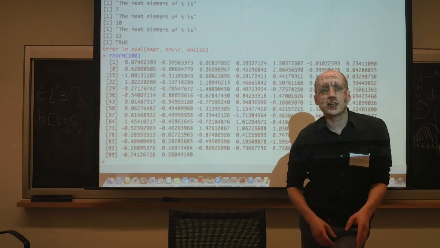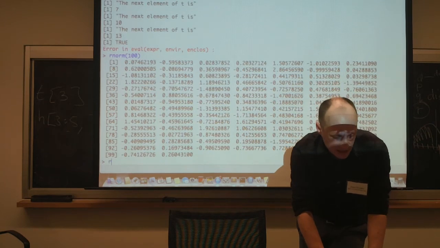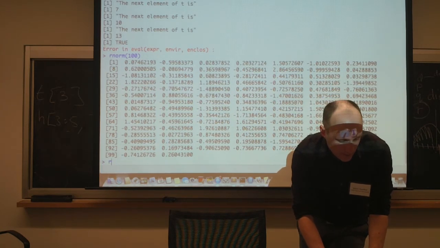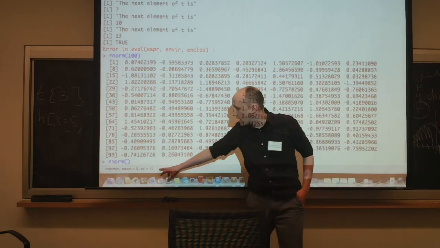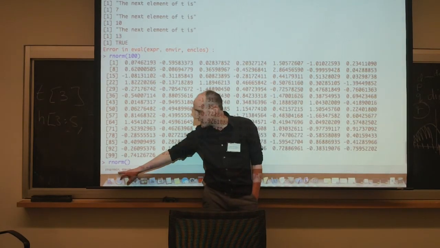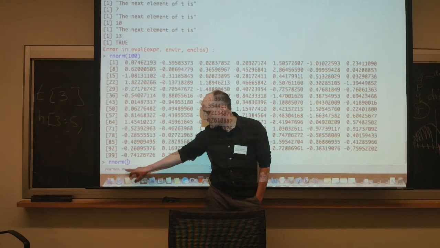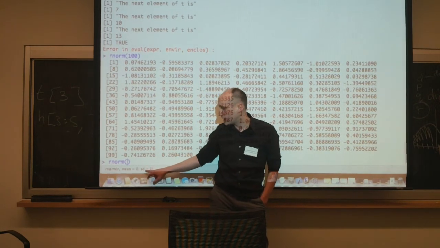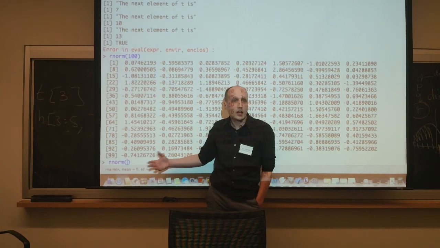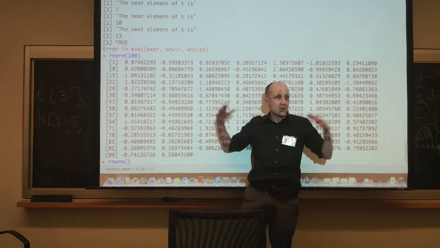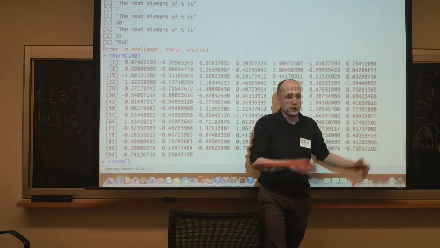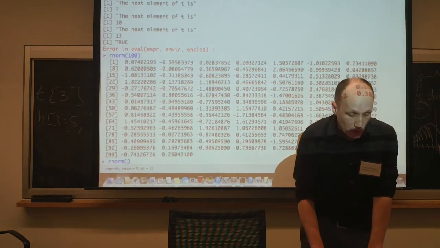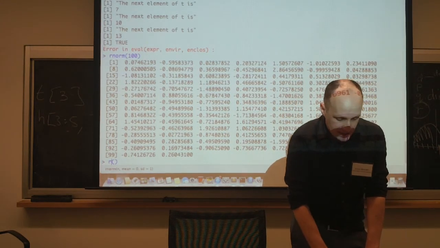I didn't tell it anything, so it had better have some defaults. Or if I can spell, you'll see at the bottom of the page, it'll say, okay, here are the arguments. You need to tell me how many draws you want. And if you don't tell me what the mean is, I'm going to say the mean of the distribution is 0. And if you don't tell me what its variance is, I'm going to say that the variance is 1. I could have changed those things if I wanted 100 draws from a noisier distribution or a distribution centered somewhere else. Okay? So there are a bunch of different distributions.